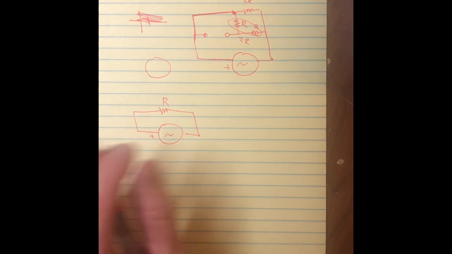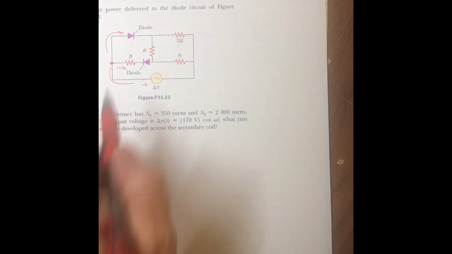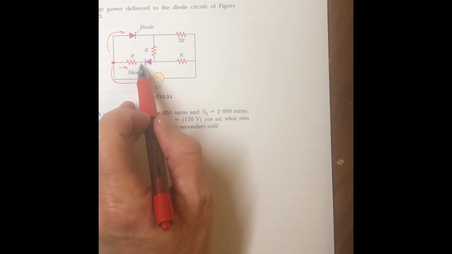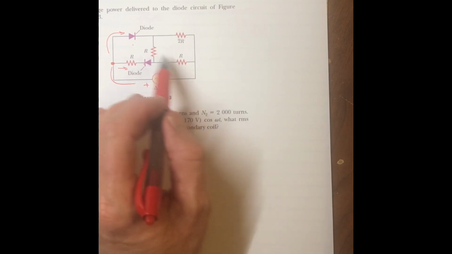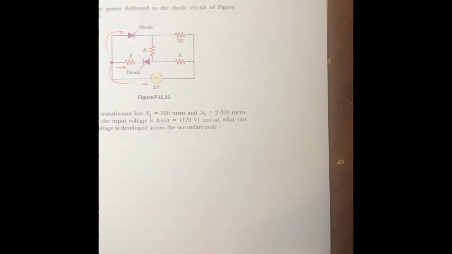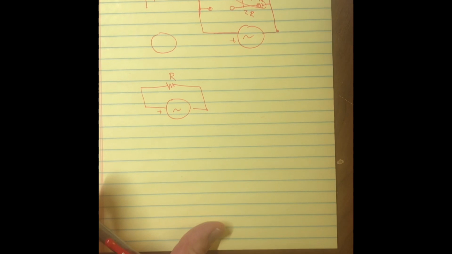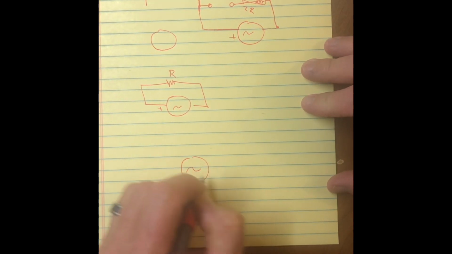That's the first step, to recognize what this diode is really doing. This diode is shutting this off during what I'll call this half of the cycle. And so the R and the R go together, and that's 2R. Okay. Now, the other half of this AC cycle, let me draw AC again, but this time